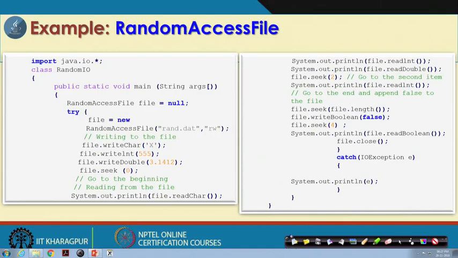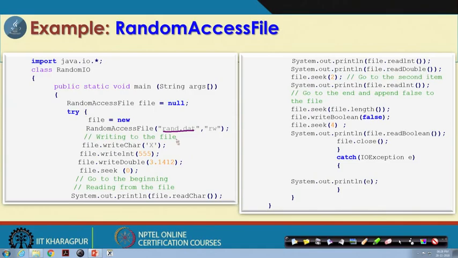Another important thing is that we are assuming this file is already available. If the file does not exist, then obviously a file will be created automatically for you. If a file already exists, it could have been created using data input/output streams, or the read buffer, write buffer concept, that means character stream classes. Whatever the way the file was created, this is not an issue.